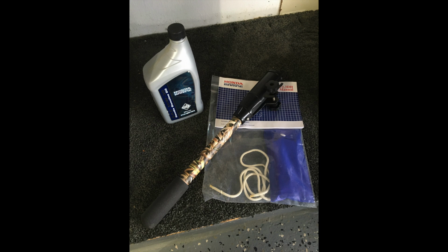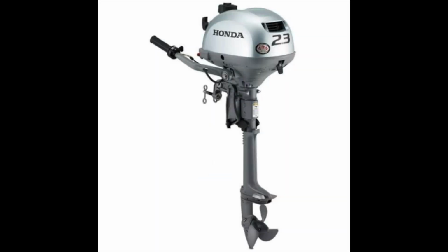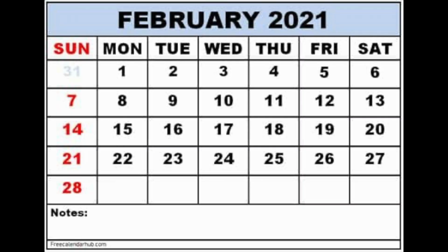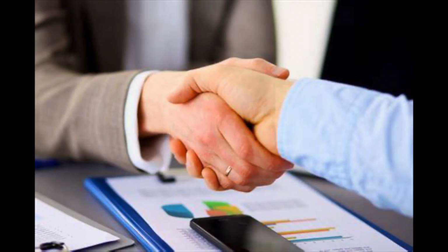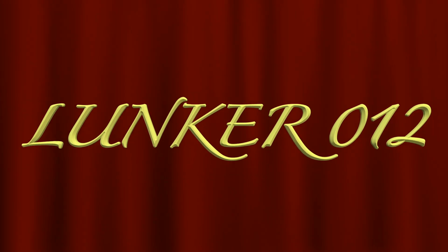At this time, Freedom Electric Marine currently sells this motor for $1,050, but it is back ordered until February of 2021. I am selling this motor for $600, and I will include shipping to anywhere in the United States except Alaska or Hawaii. Just get in contact with Gerry at his YouTube channel,